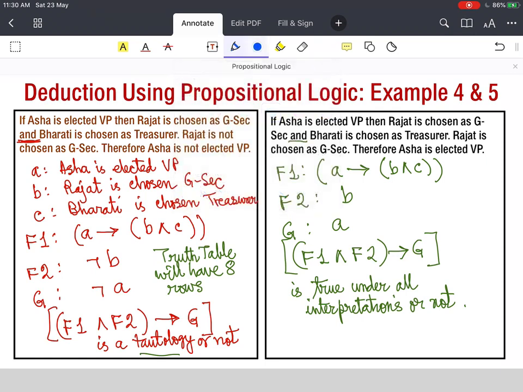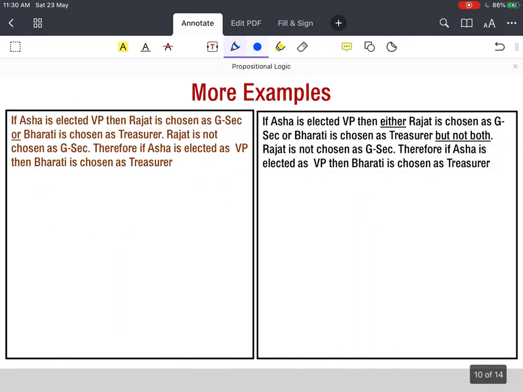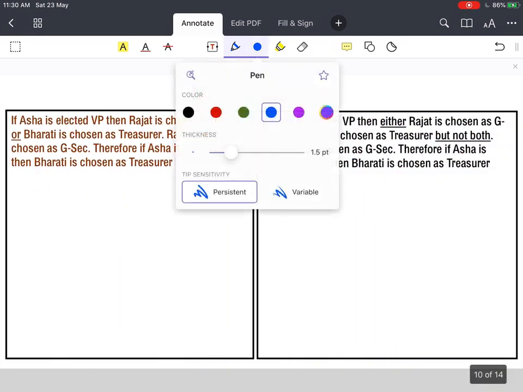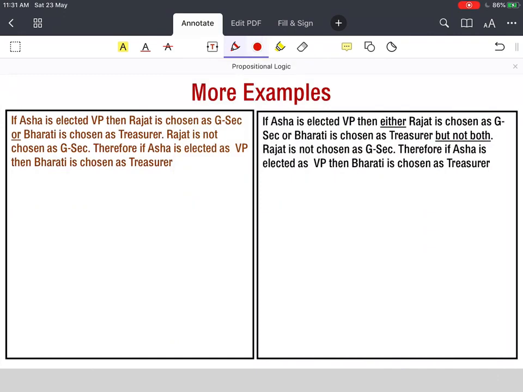So this is how we start coding these examples. Just for your interest, this part, A implies B and C, is the same as A implies B and A implies C, because if A is true, both B and C are true. So therefore, this is the same as this. Once you know the rules of Boolean logic, you can modify Boolean logic. You need not use truth table. You can also use the axioms of Boolean logic to try and prove this, and we shall discuss this a little later.